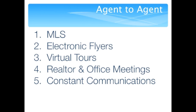And the last thing is constant communications. That's one of the biggest complaints that I get from sellers, that their agent just never communicated with them. And this is important for a couple of reasons. Whenever someone does show your home, we're going to call them right away and ask them what they think, and are they going to make an offer, or what do we need to do to get them to make an